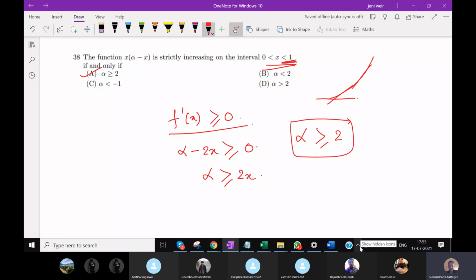Look at y equal to x square. Is this strictly increasing or not? When x is greater than or equal to 0, will it be strictly increasing or not? Sir, it will be. Because you are starting from 0, mind it, and after that it is all positive, right? It is the starting value which is 0, nothing else.